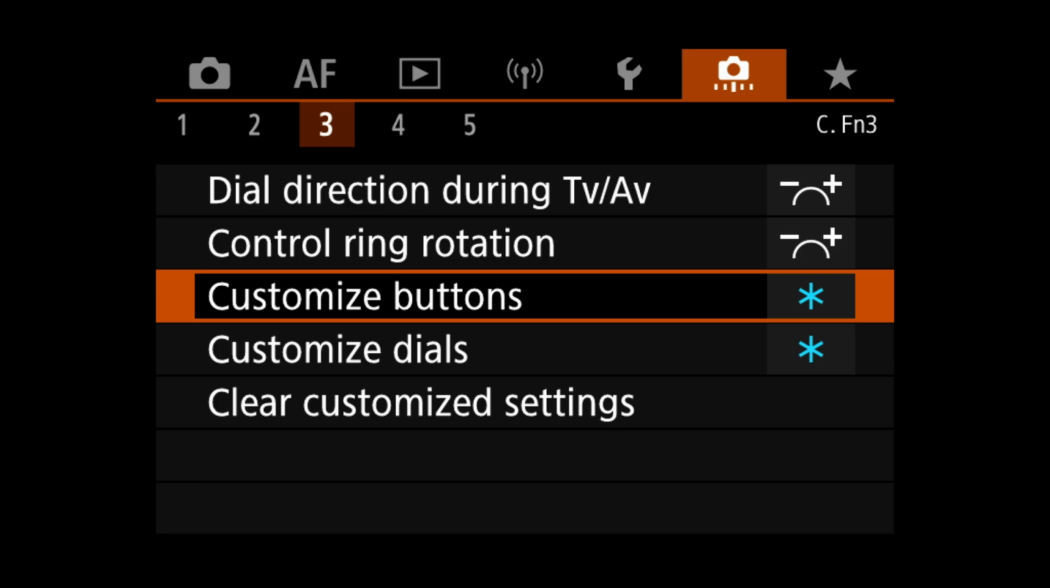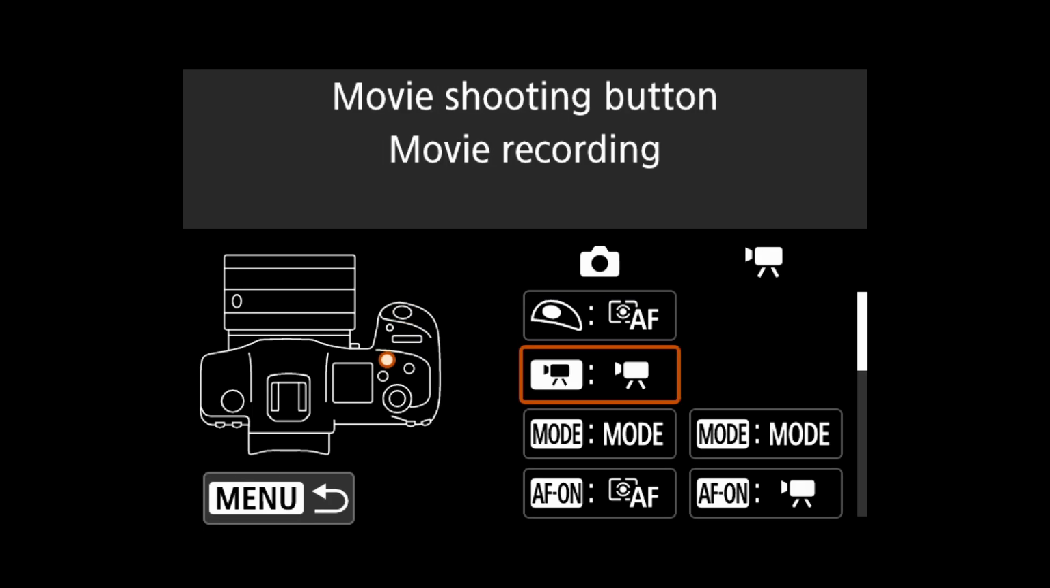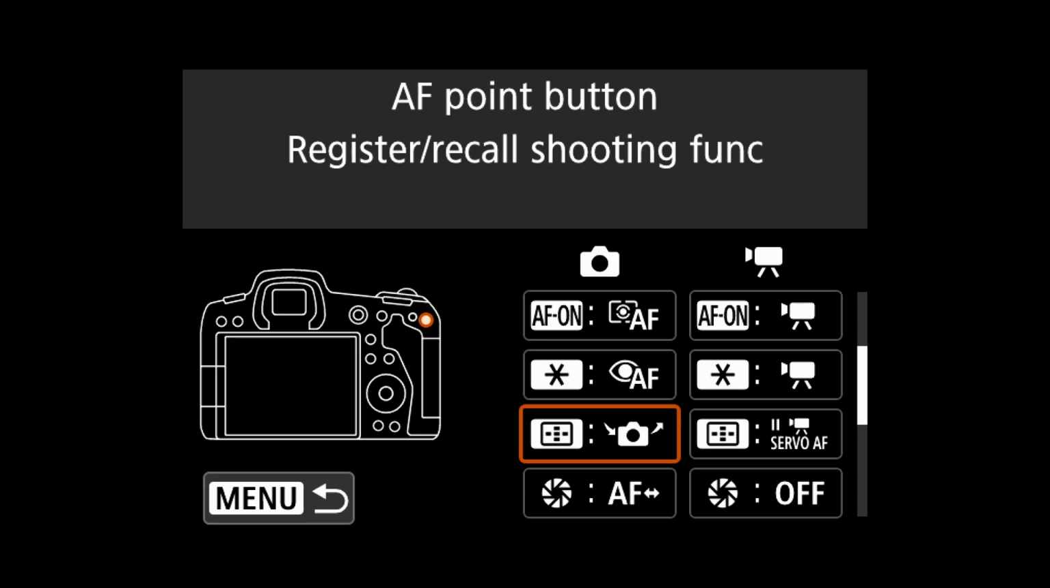but all of the ones that you need, again, are also available in the R5. So if we go into the customized buttons and we move on down, now like I said in the intro, we're working on what I call the far right back button, which is actually the autofocus point button or the autofocus point select button, which I have assigned to register and recall a shooting function. And if we go in there